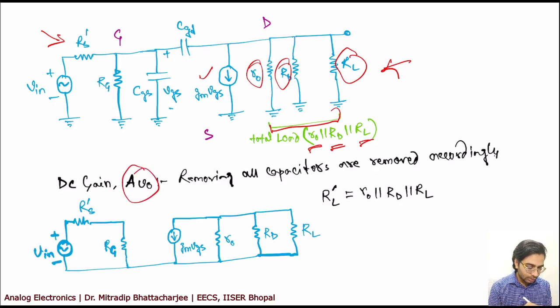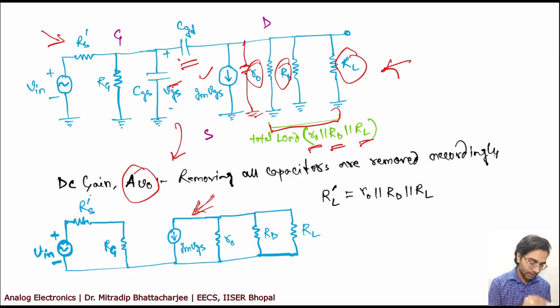So when you start calculating the DC gain, as I have said, you remove all the capacitors. There is another capacitor called CDB, which is between drain and bulk. We did not consider that capacitance over here. Probably in the later section of this session we will consider it. But if you convert this equivalent circuit after removing all the capacitors, it will look like this one.